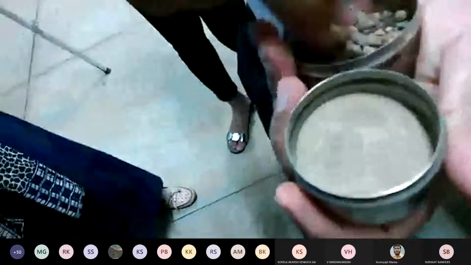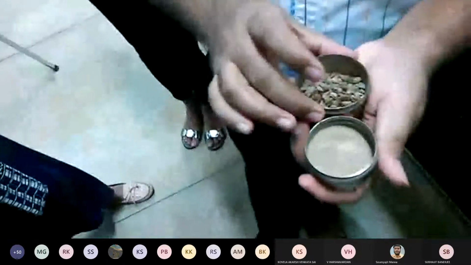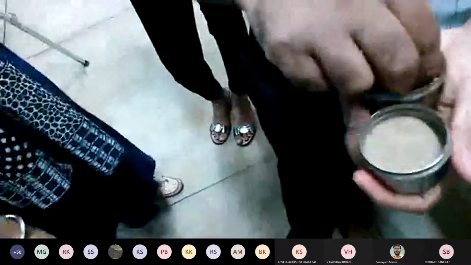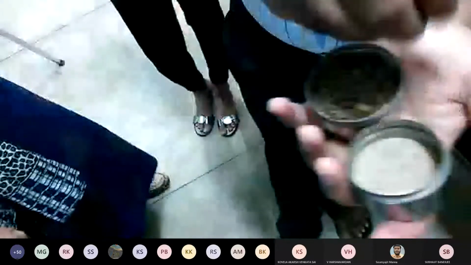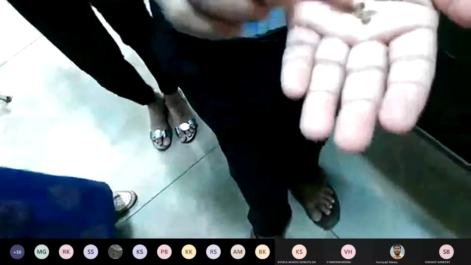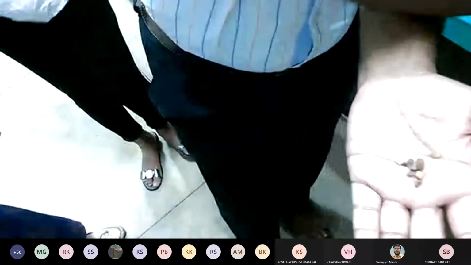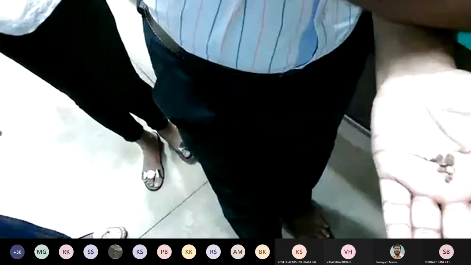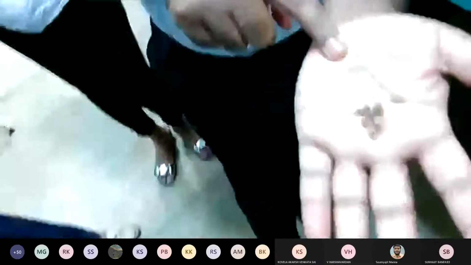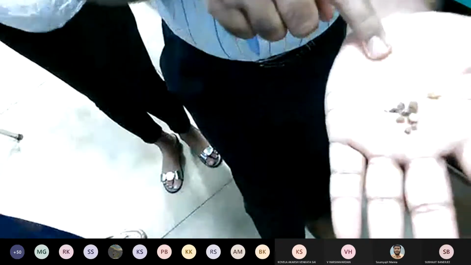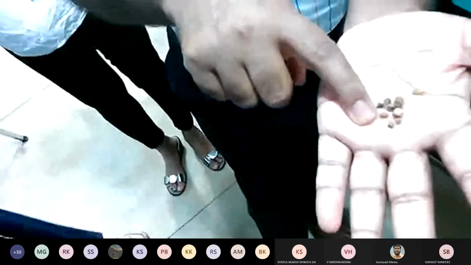But if you look at this particle, here you can see the particles are almost in millimeter size. Suppose if I take another soil, this is very fine. So this is almost in micron size and millimeter size.